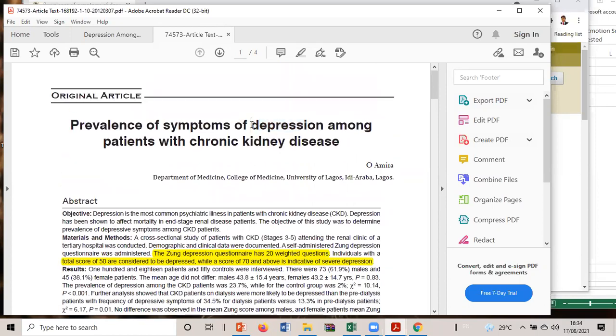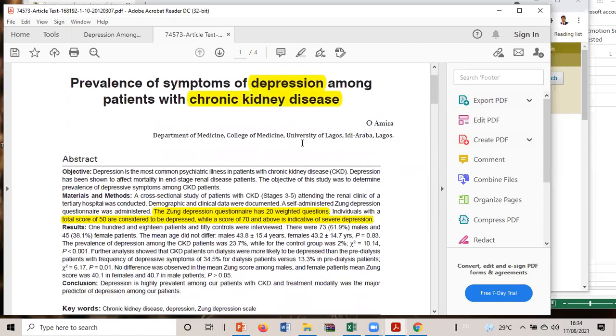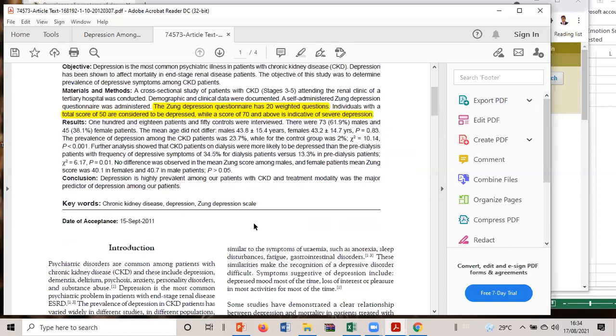Right? So this was my area of interest, and this was my population. How to measure this? This literature has given me the idea what to use and how to assess the scores.